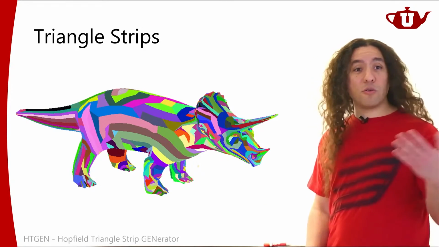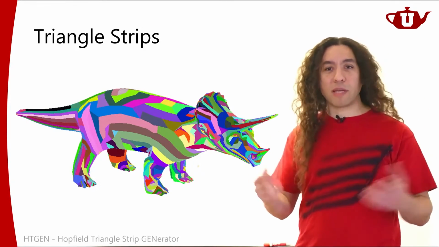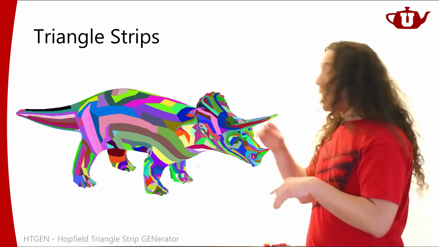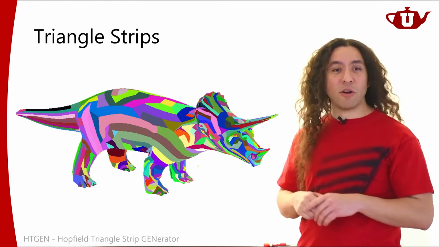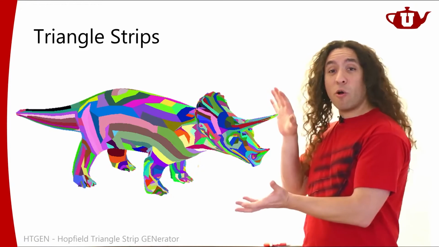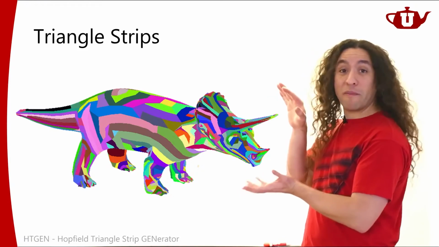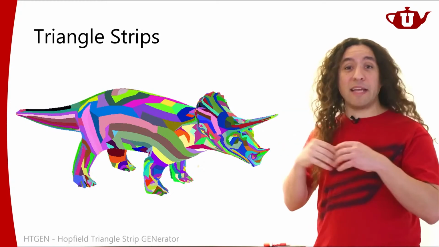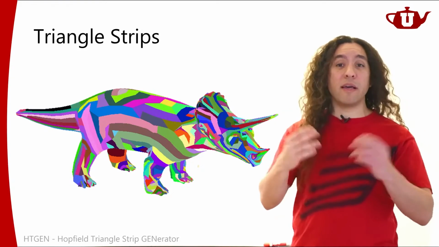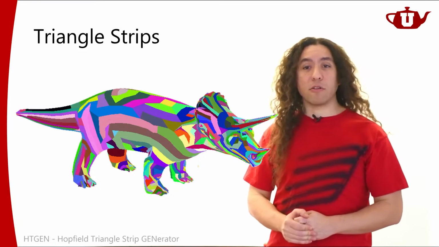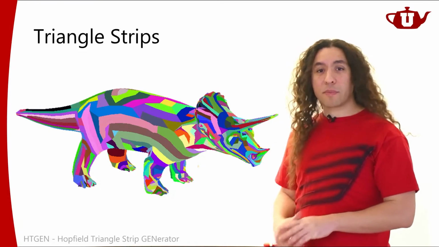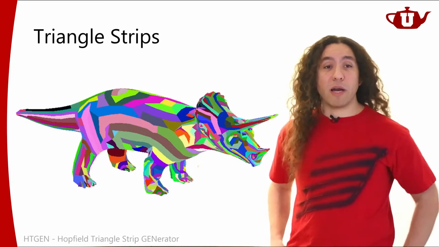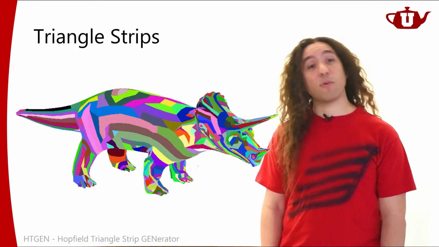But if I were to do this with only one strip, so I treat all of these strips as if I connect them just using the trick that I just told you, then this whole thing, I can treat it as a single strip, even though it isn't. I can draw it as if it's a single strip, and then you can draw it using just one GL draw arrays or GL draw elements call. Right? So that's going to make the drawing process quite a bit more efficient. That's why I would like to do that.